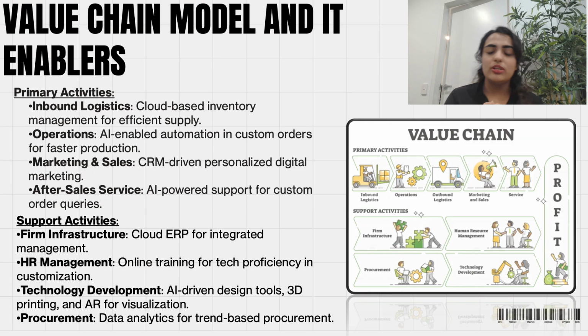So in the value chain model, we can talk about both primary and support activities. For primary activities, I'm going to start with inbound logistics. In that, we can use cloud-based inventory management to streamline materials for customer orders. And in operations, we can employ AI-driven automation to seamlessly link customer orders to